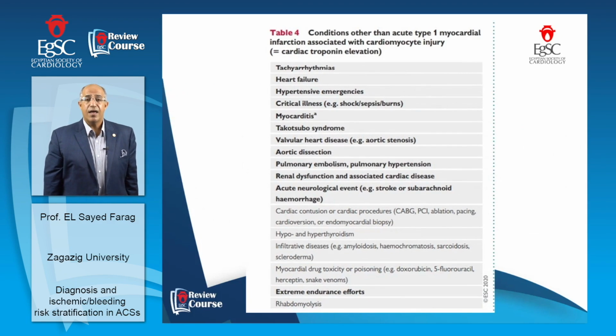We have to know the conditions other than acute type 1 myocardial infarction associated with cardiomyocyte injury, because we sometimes face an elevation of cardiac troponin in situations which are not myocardial infarction. These include tachyarrhythmias, heart failure, hypertensive emergencies, critical illnesses like shock, sepsis, and burns, myocarditis, Takotsubo cardiomyopathy, and severe valvular heart disease like aortic stenosis, aortic dissection, and we must not forget pulmonary embolism and pulmonary hypertension, also patients with renal dysfunction and associated cardiac disease, and acute neurological events like stroke and subarachnoid hemorrhage. All those conditions may be associated with elevations of